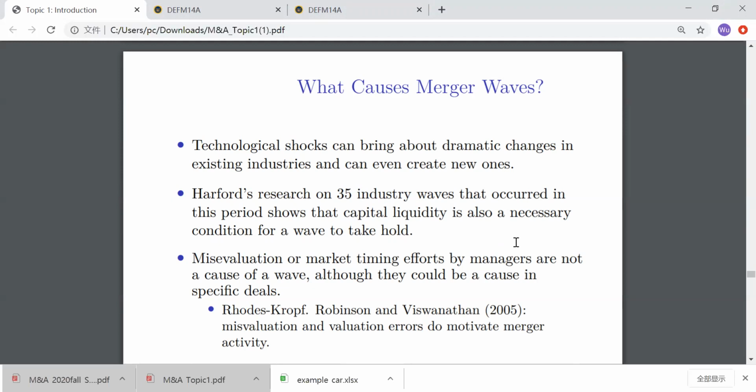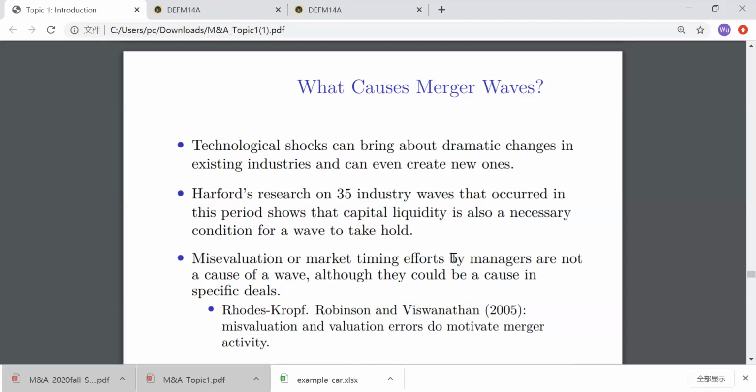Because the internet bubble drives the valuation of high-tech companies to a very high level, right? And this will enable them to acquire or buy other smaller companies in a cheaper way, right? Because at the end of the day, the valuation is going to go to the fundamental, right? So therefore, they might take advantage of high valuation periods to buy other firms, right?